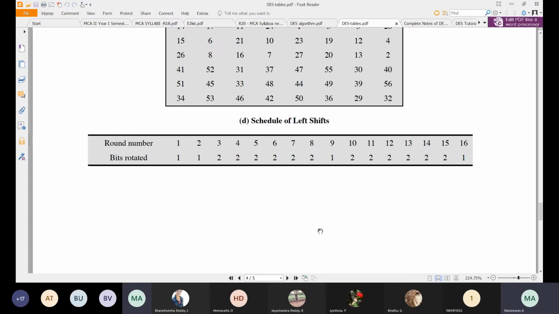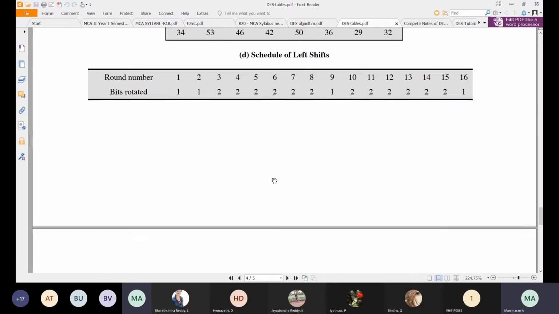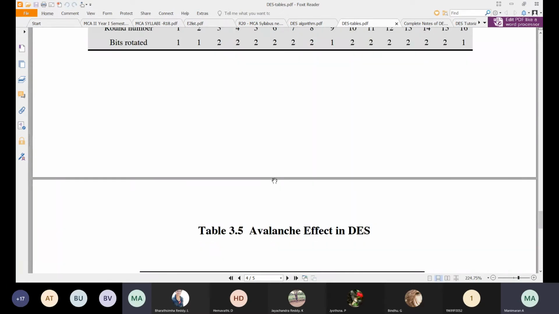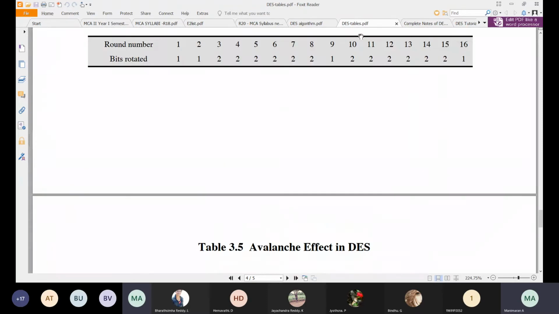Why we are considering this is because when we are decrypting, the same format we have to follow. Otherwise, the original text we converted into cipher text, we will not get it back. So whatever we are doing here, the reverse thing we have to apply for decryption. Okay, now we will move to the whiteboard.